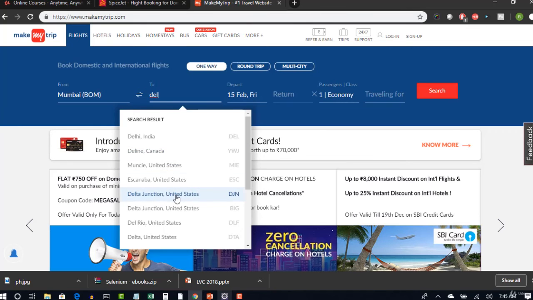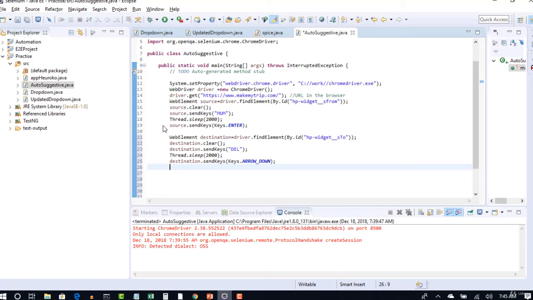So if you want to select this Delta Junction, United States, do arrow down 4 times. For the first time it will select Deline, second time Muncie, third time Escanaba, and fourth time Delta Junction. Will you type this line 4 times?